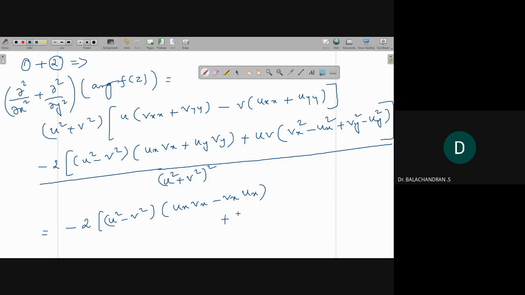Anyway it is 0, that's why, u v, v x square minus u x square. So what is v y? v y is u x, sorry, v y is u x. So u x square minus, u y is minus v x, minus v x square